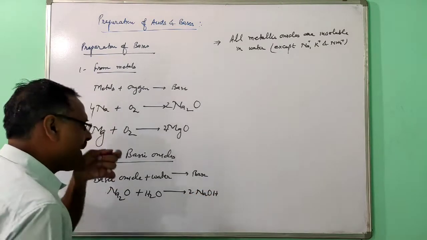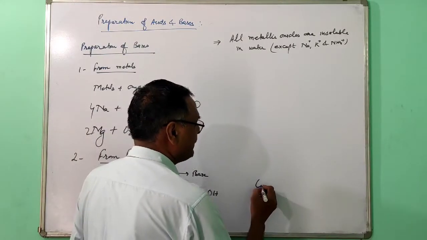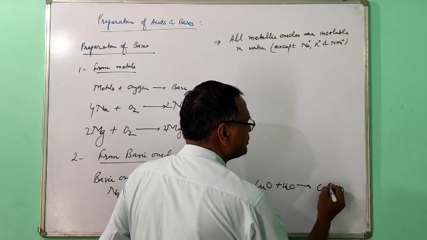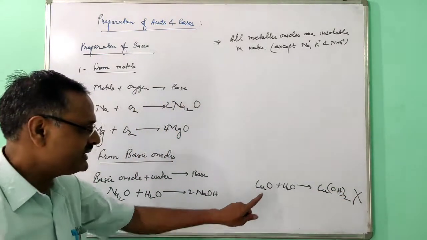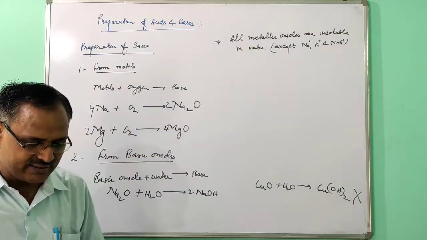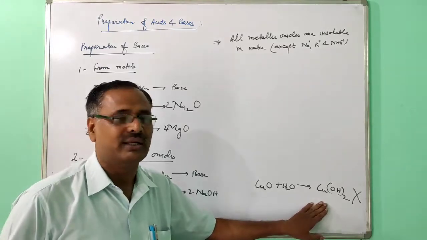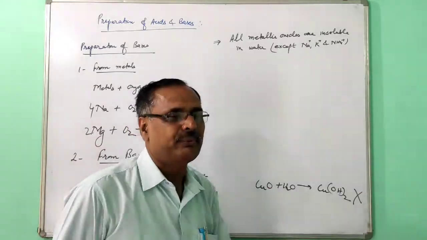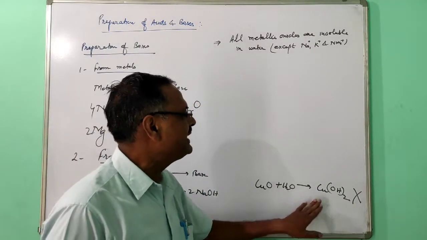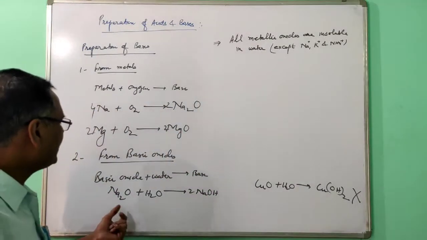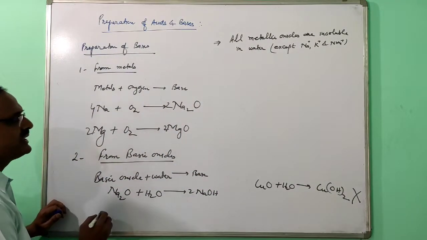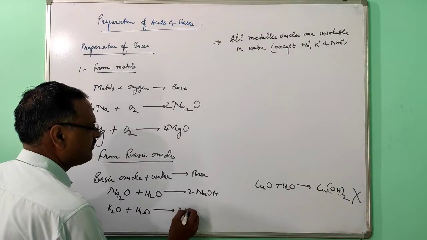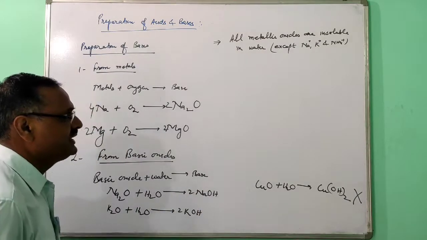Otherwise, what will you write? Suppose you write copper oxide plus water. On the board it is possible, but actually it is not possible. This reaction is wrong, that is a hypothetical reaction. Why is it hypothetical? Because copper oxide is insoluble. By the statement, all metallic oxides are insoluble in water except sodium, potassium and ammonia, you cannot directly dissolve copper oxide. So you can take either sodium oxide or potassium oxide. Potassium oxide will form 2KOH. In this way it is formed.